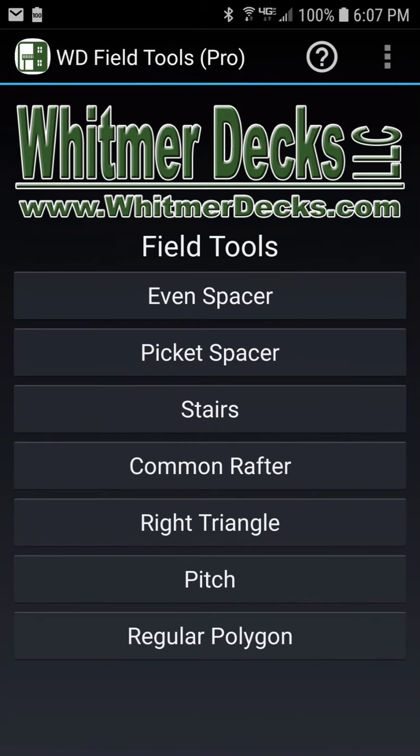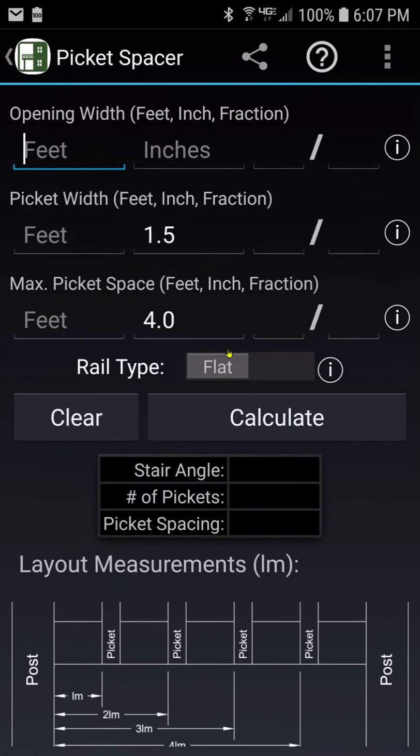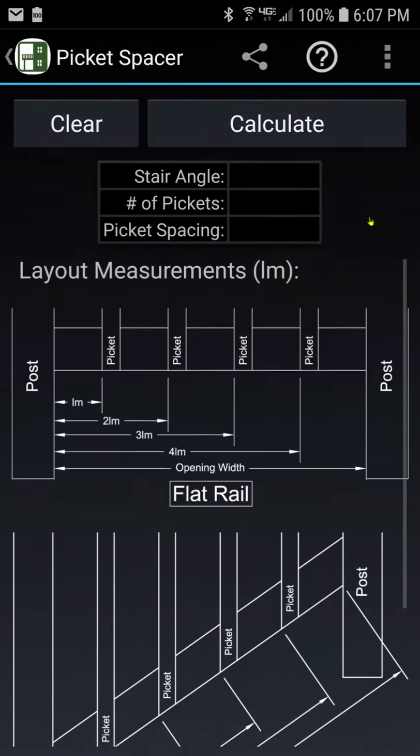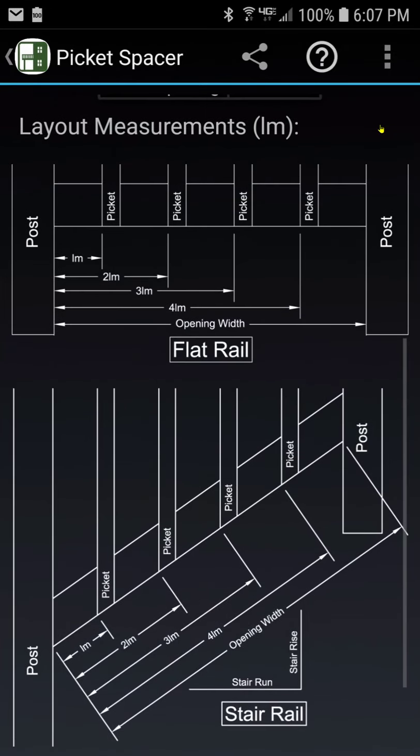If you haven't seen some of the other videos, you can go back and take a look at them. There's a playlist on the same YouTube site that you got this one off of. Picket Spacer is similar to Even Spacer with a couple of differences. In this, once again, we try to keep it very simple. So for a flat rail section, if we look at our example pictures down here, there's two things that we